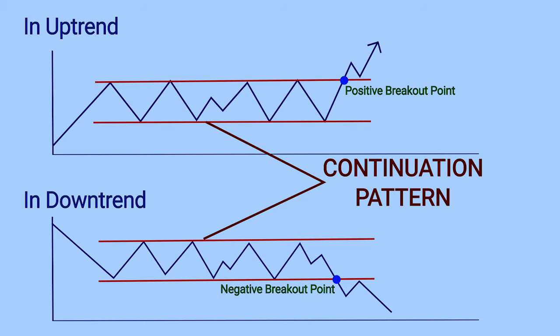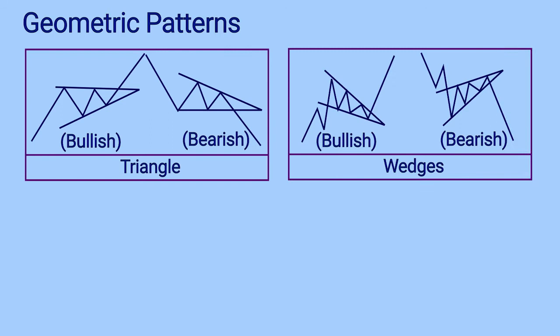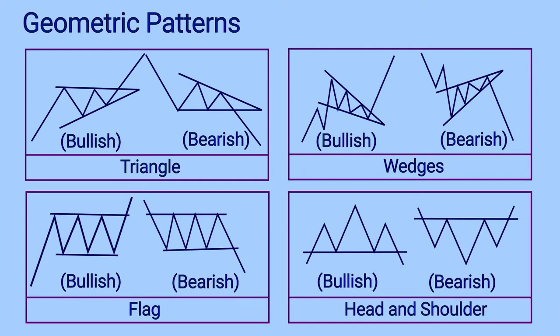During this price consolidation, at the bottom reversal, at the top reversal, and also during the intermediate price consolidation, the price normally takes the shape of a geometric pattern. It can be a triangle, a wedge, a flag, or a head and shoulder. We will discuss them in detail one by one. But one thing you should understand is that once we recognize these price patterns, there is a defined way of trading them. We can enter the trades with a stop loss.